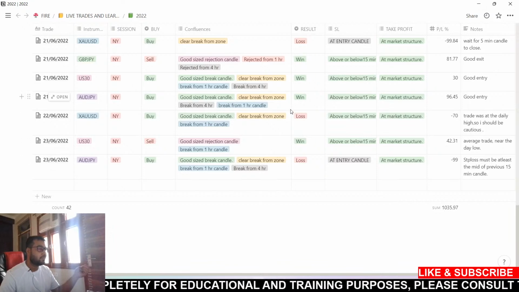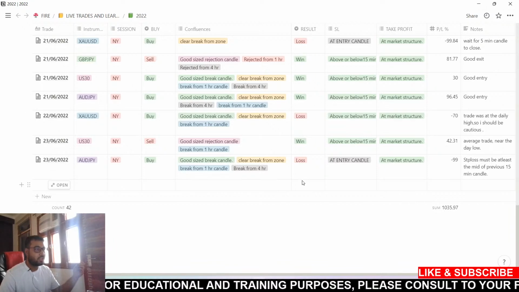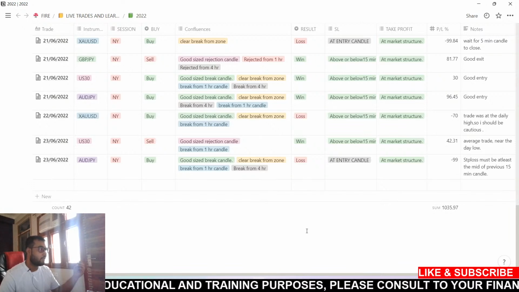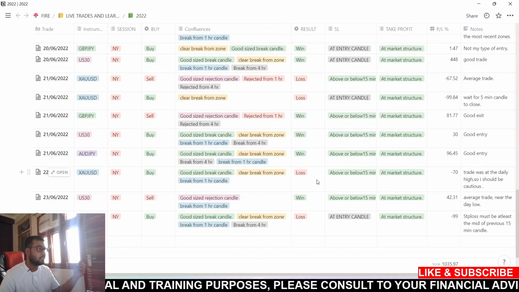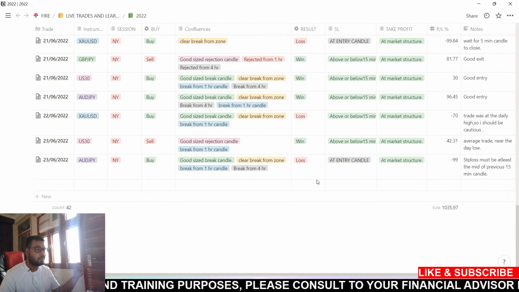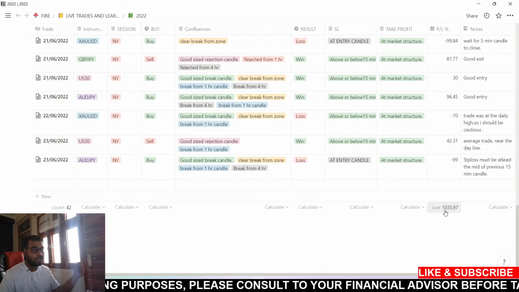So these were two losses which I took day before yesterday. Yesterday I took 3 losses. I will be journaling it from here. So these are all the trades. If you look, I have made around $1,035